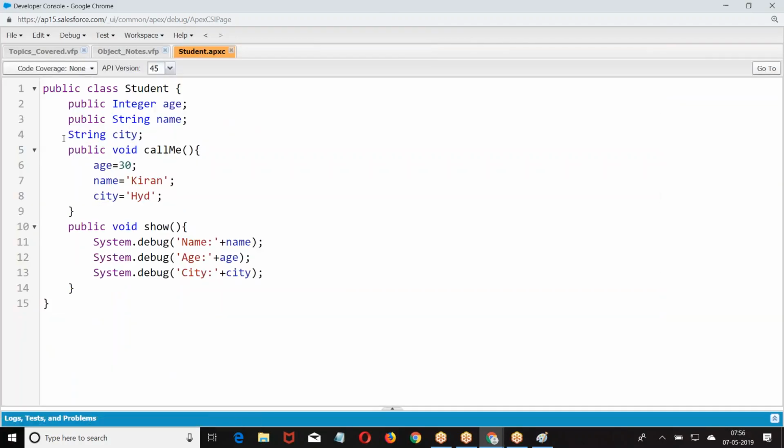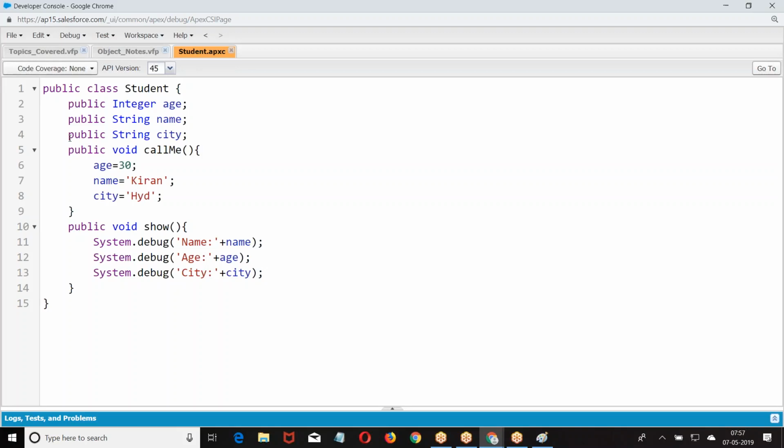How will you call outside the class? You have to create an object for the class: object dot variable name, object dot method.